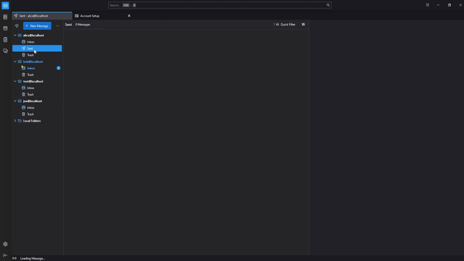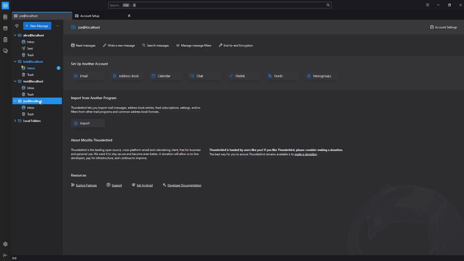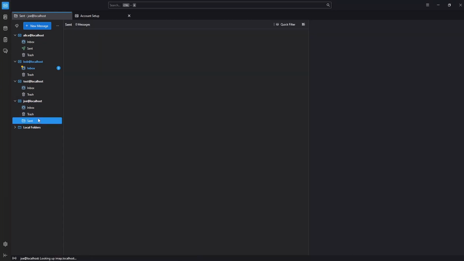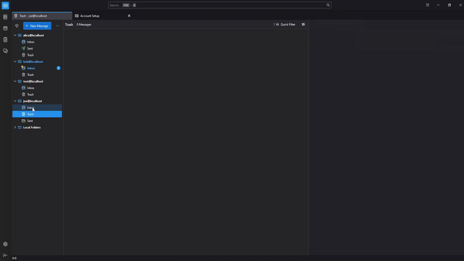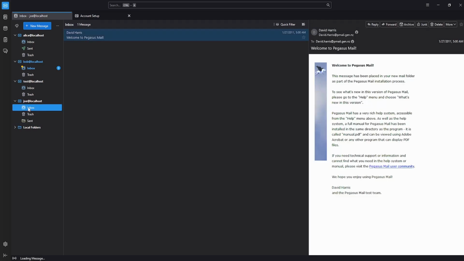Now, you ideally want to also have a sent folder, and just to make sure that it exists, we can right click on the inbox. We can go to new folder and we can just type sent. And with that, we can click on create folder and the folder has been created for us. So we just want to make sure that these three folders exist and the names of these folders are important because we're going to be using them to fetch our folders in our webmail client. And with that, we're pretty much done and we can just simply close the Thunderbird client